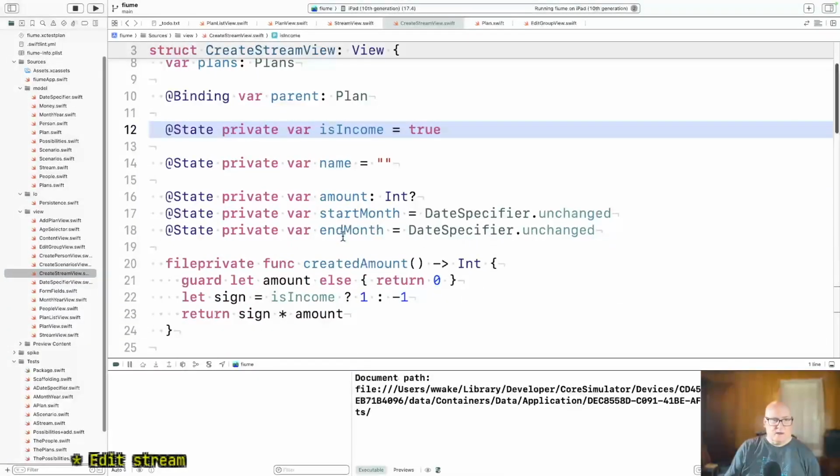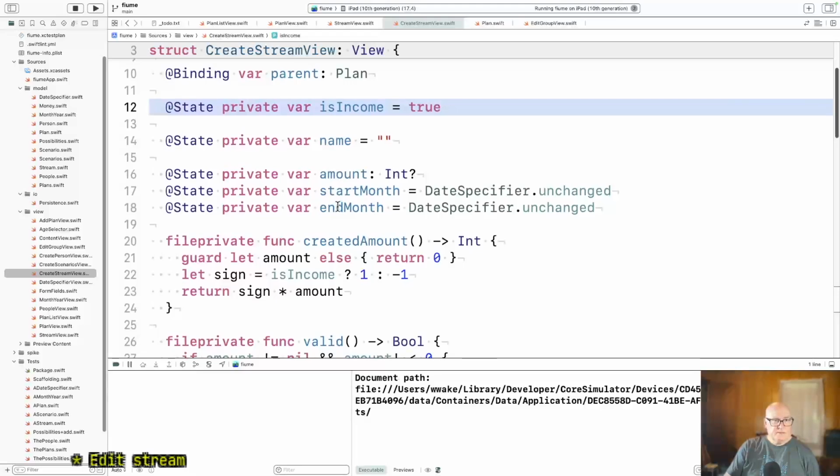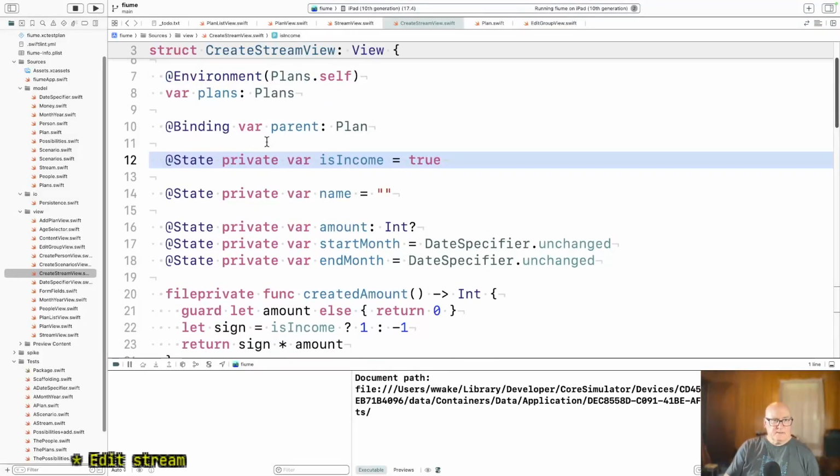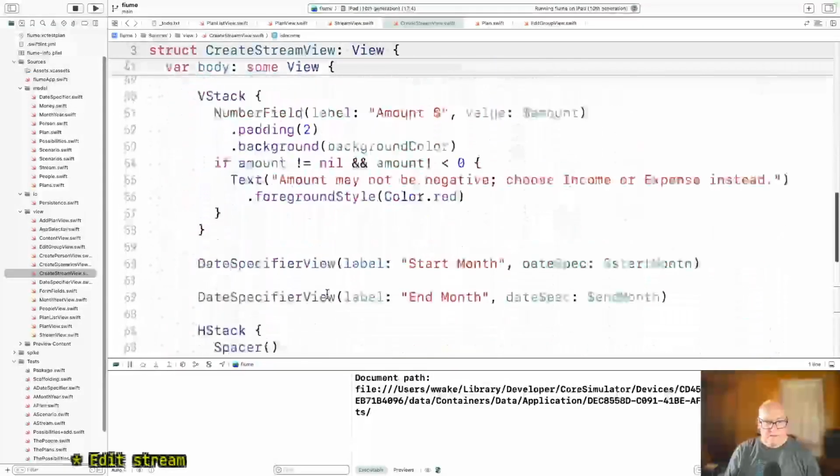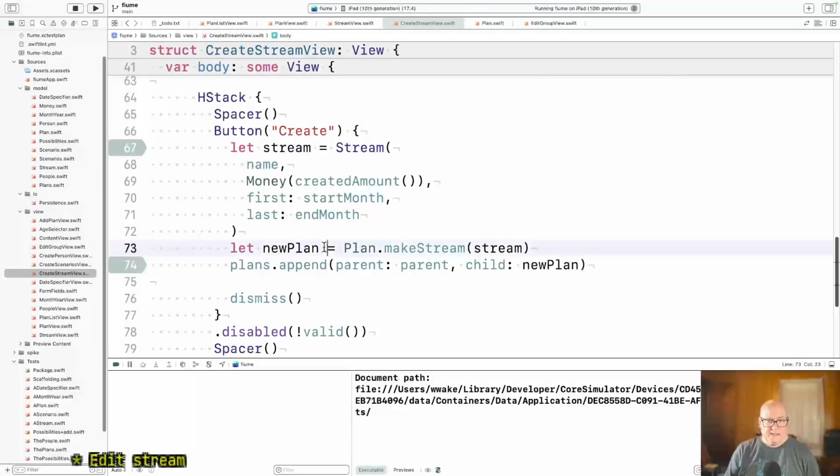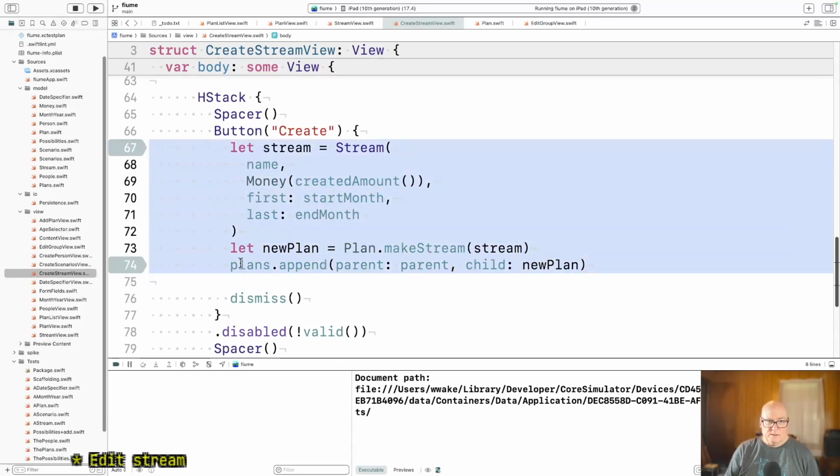This is where I'm confused, because I think what would be a better thing would be if these fields got their value from the plan that was being edited, and then the return in the action is, I'll give you a stream with a plan with the stuff in it, and you take it. But like, what are you editing? If you're editing plan,